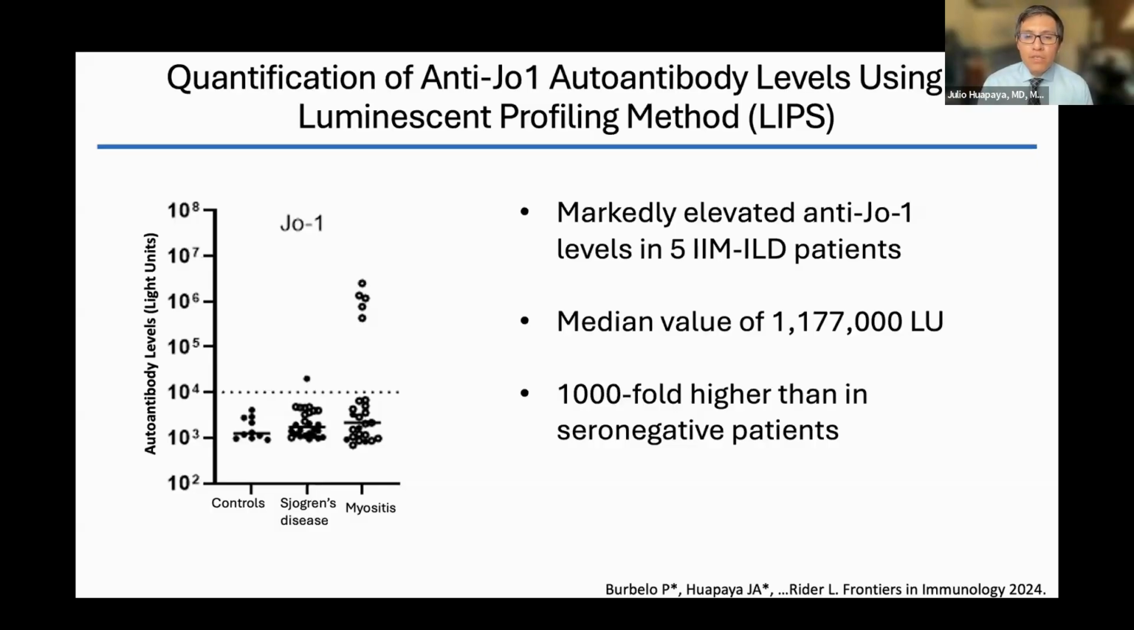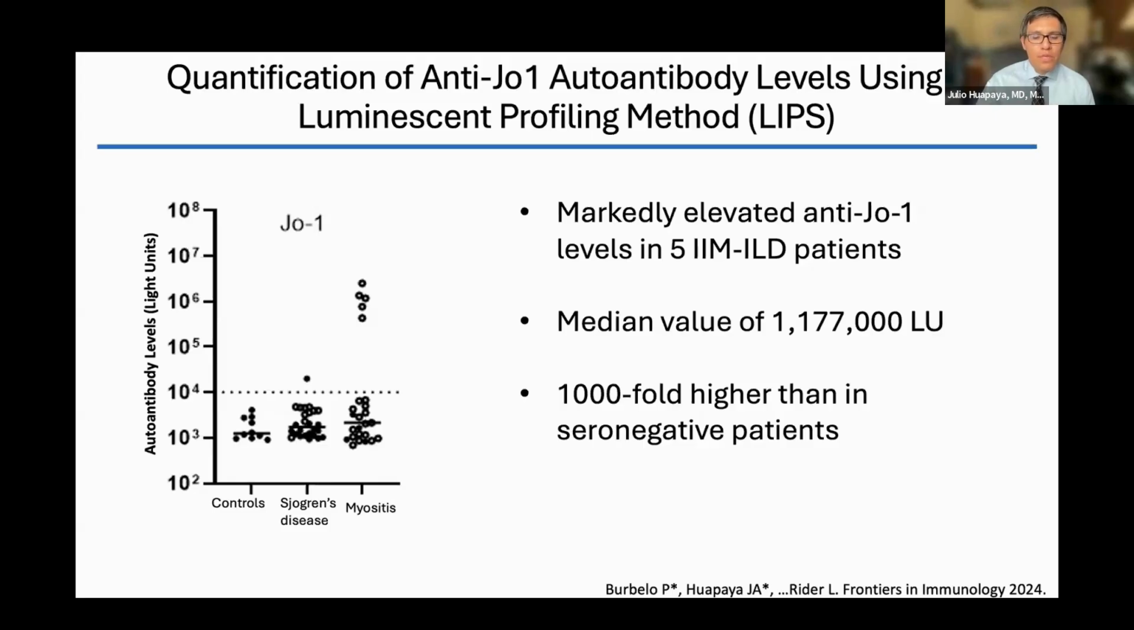We identified 5 patients in a cohort of 30 patients with myositis. Here what I'm showing you is the autoantibody levels on the y-axis, measured in light units because we're looking at light as a correlate of the amount of antibody. On the x-axis, we have healthy controls who shouldn't have antibodies, patients with Sjogren's disease, which is another autoimmune condition, and patients with myositis. And the dotted line